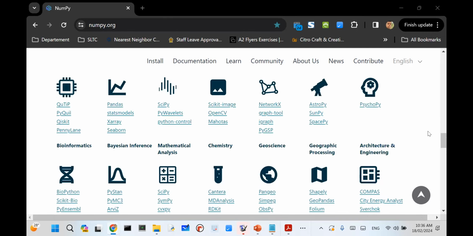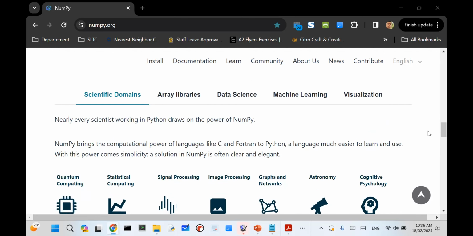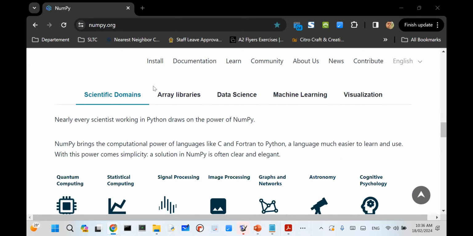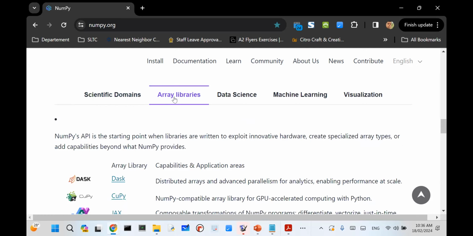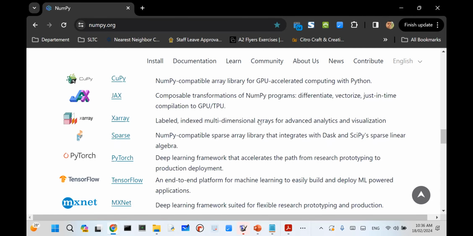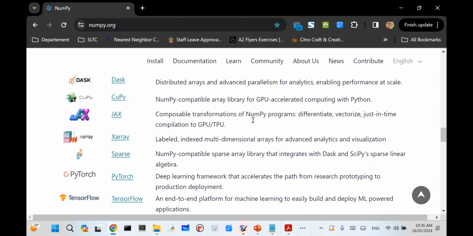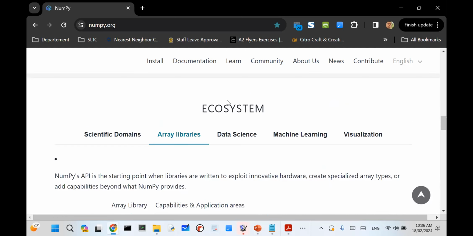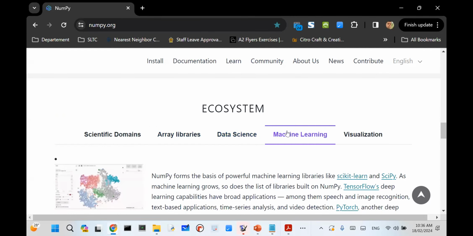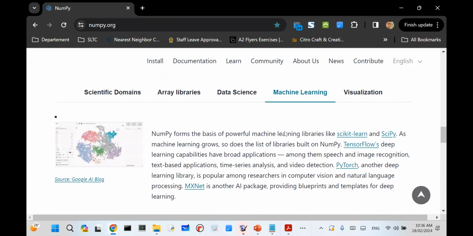So you can see many areas are based on Python. Not only that, that is actually for the scientific domain. There are libraries which we will use nowadays, also in data science and machine learning. You can see data science and machine learning also quite extensively use Python libraries.